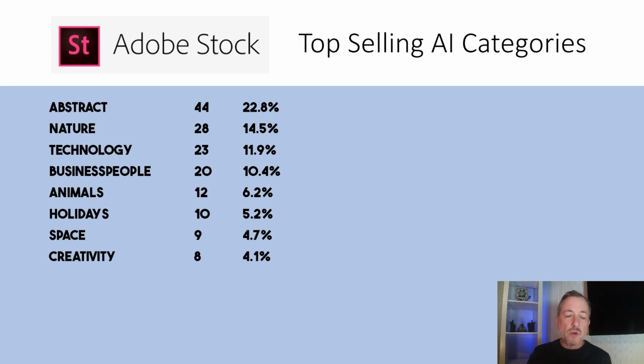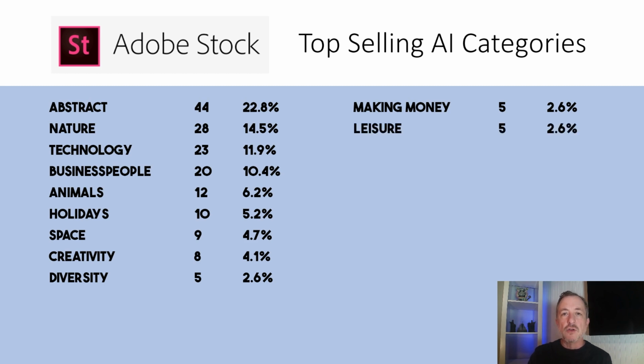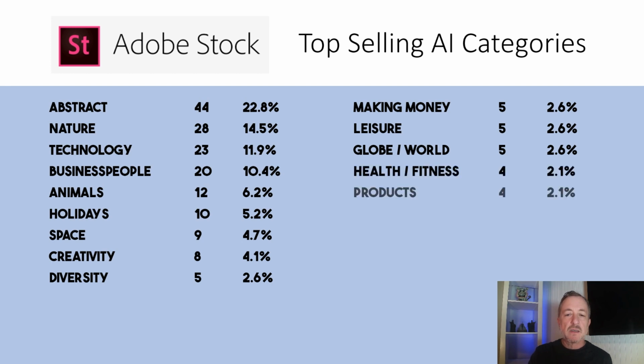Creativity, 8 of the top 200 images were somehow creative in theme. Light bulbs, a mind or brain, 4% of those. Diversity, we just saw a moment ago, LGBTQ concepts or race, cultural backgrounds, hot topic right now, diversity, equity, inclusion. Making money, so somehow financial, business around the world. Leisure, so different things to do with your family, being outdoors, doing some kind of sporting activity, 5 or 2.6%. A globe or a world. Health and fitness, products,